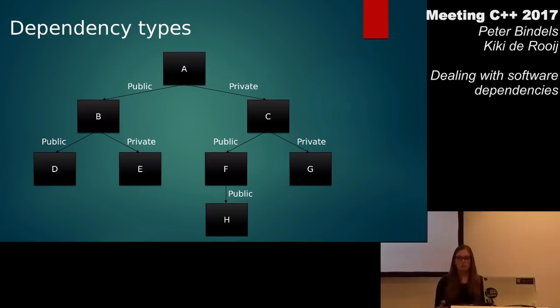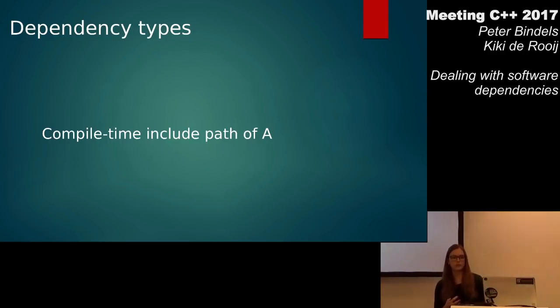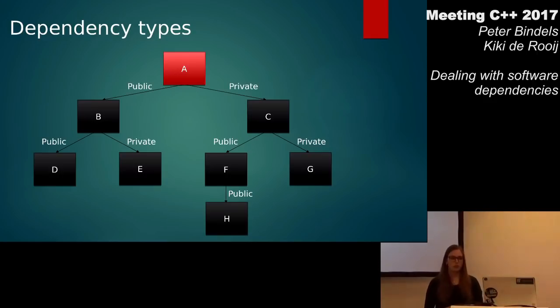So if we have an overview of component A, a dependency tree of component A, which has public and private dependencies. All the public dependencies are the ones on the right, and all the private dependencies are the ones on the left. Then we can look at the compile time include path of A. So we start at A, and of course we need both public and private dependencies,